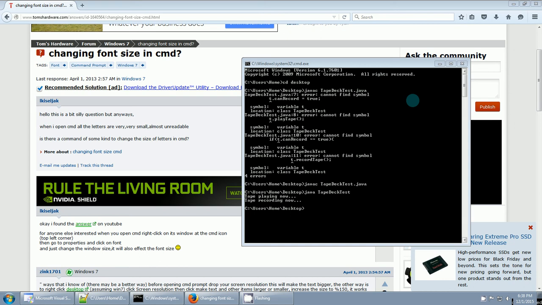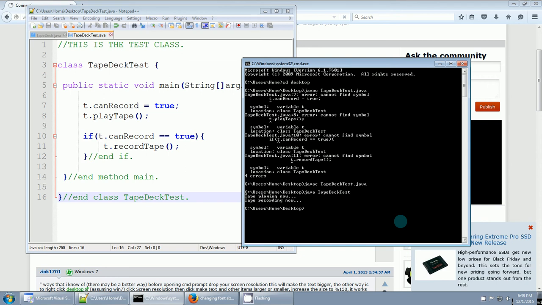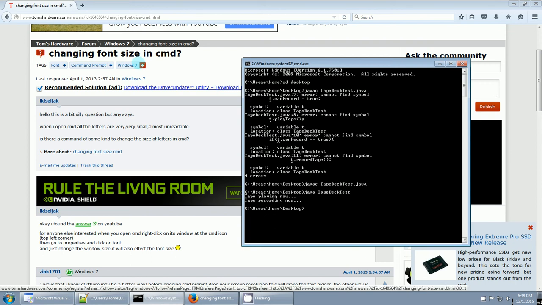Okay, I'm practicing some Java and using the command prompt to run it and see the output. But I was able to take my Notepad++ and enlarge my text nicely, and I wanted to do the same thing for my command prompt output. So I found this on www.tomshardware.com, an answer. And what he says is, let's see, for anyone else interested, when you open the command, right